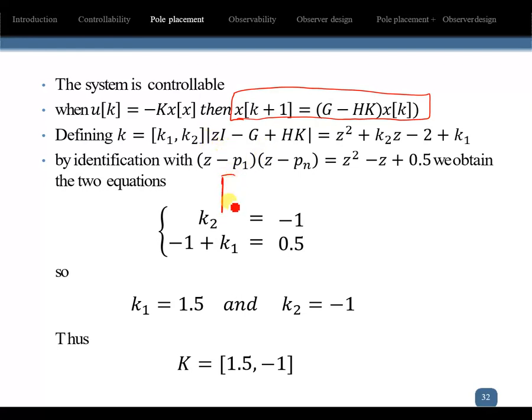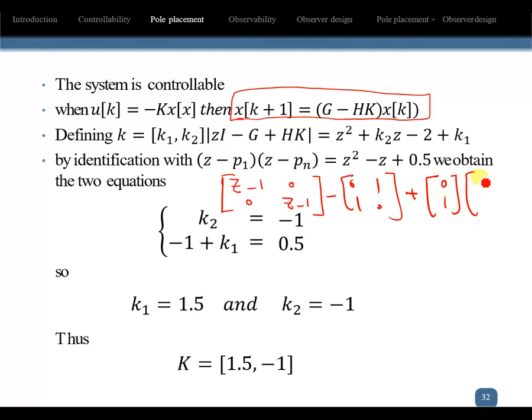That means zI for me becomes z minus 1 here, 0 here, 0 here, and z minus 1, minus J. J for me was [0 1; 1 0], plus H is [0; 1], and K equals [K1 K2]. If you find the determinant here, you find z² plus K2 z minus 2 plus K1,